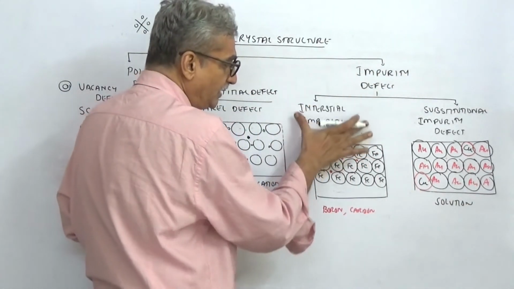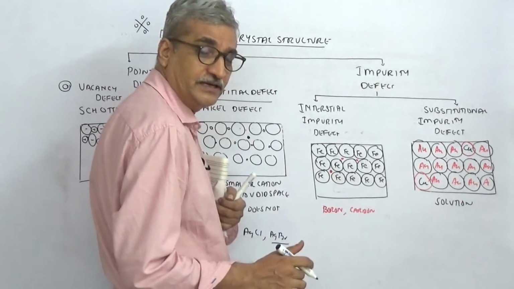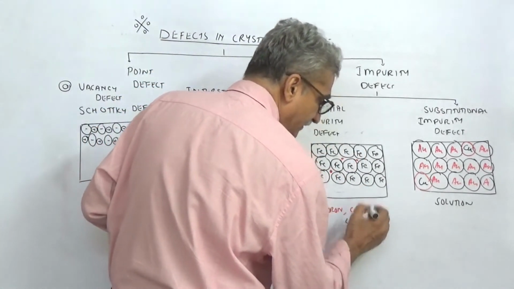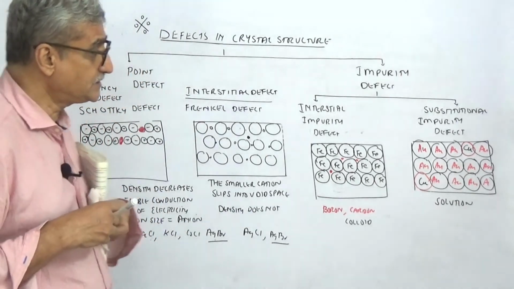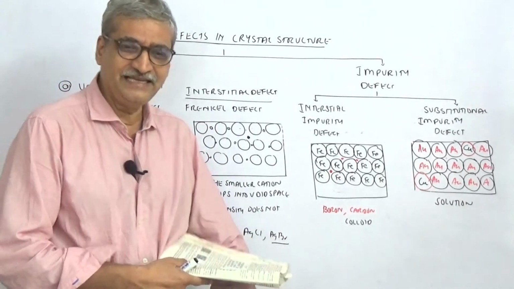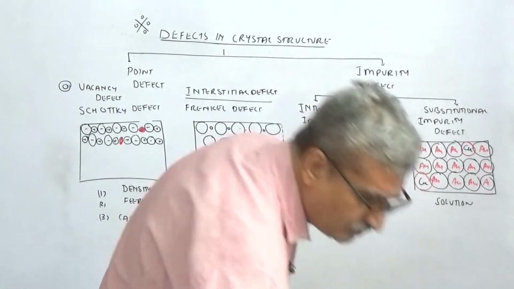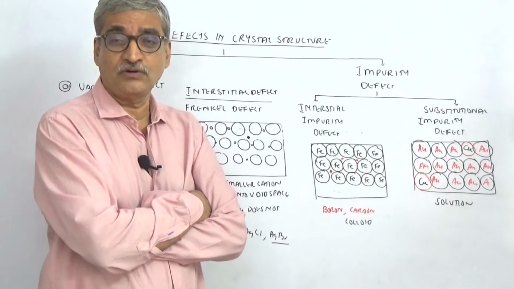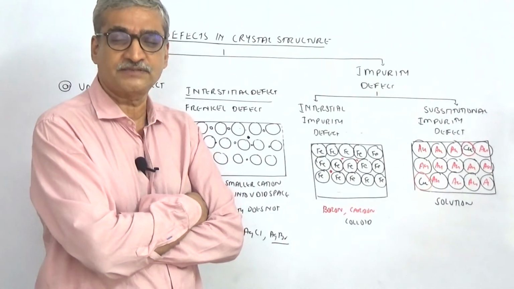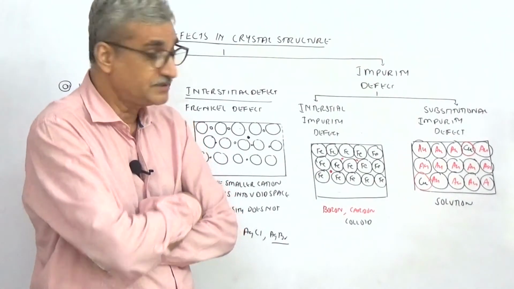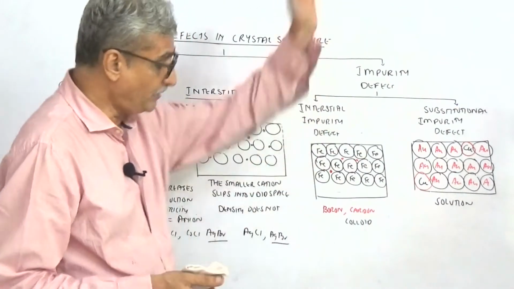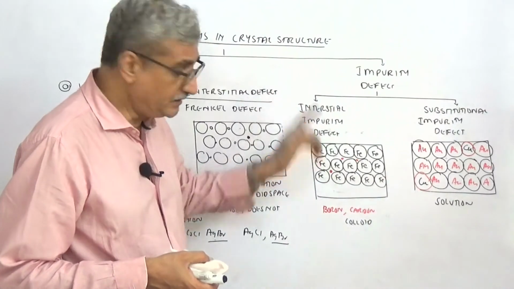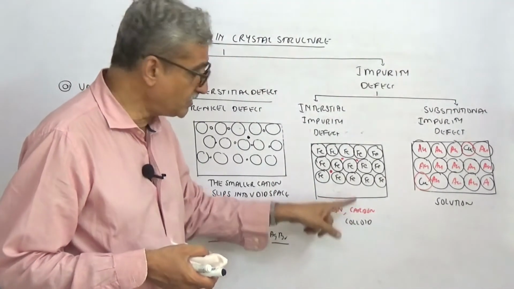Whereas when it is interstitial impurity defect, in two distinct phases, then this will be the example in colloid. So there I don't want you to question, sir, last year in surface chemistry you told that alloy is a colloid, and then same year in another chapter you are saying alloy is a solution, homogeneous solution. So that is depending on the type of impurity. If it is an interstitial impurity defect, then this alloy will be a colloid, because two distinct phases.